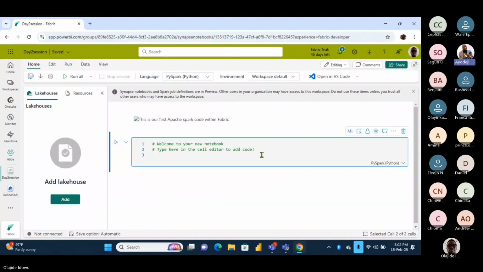But for this class, let us just create on the fly a sample data frame. Now, let's see how we can create it. Let's create a schema. Type schema.